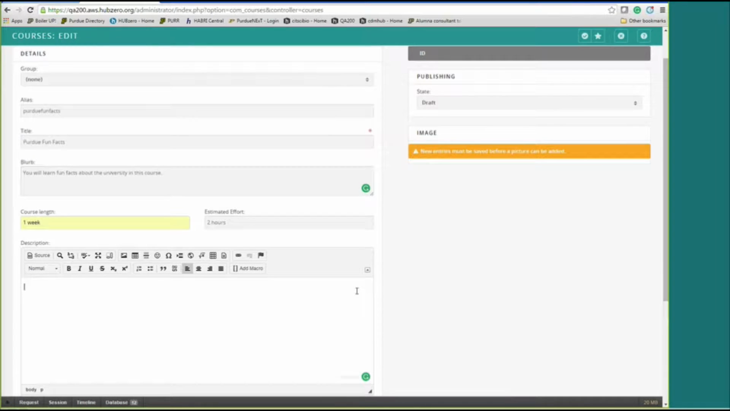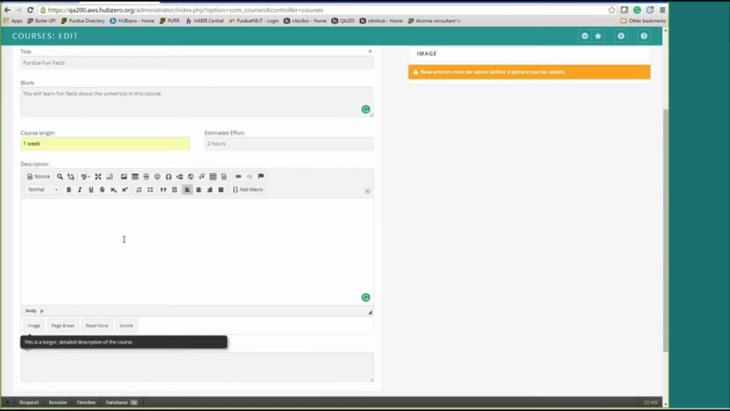And then here down at your description, you can go into more in-depth detail of the course itself. So at the blurb, you just put in a quick little snippet about a fun fact, and this description is going to actually go into detail. So